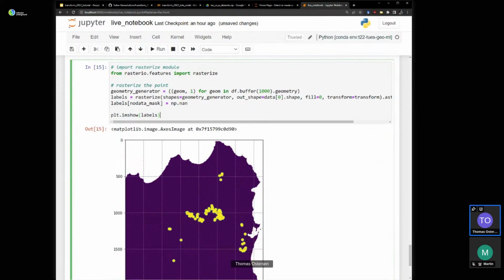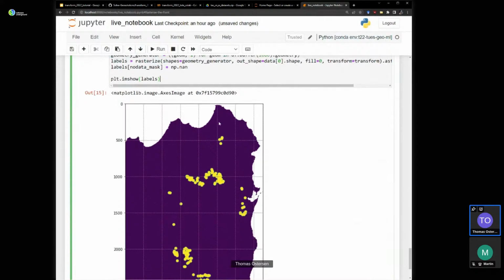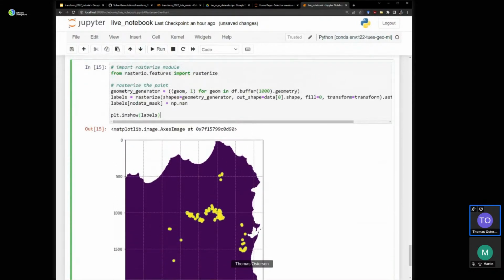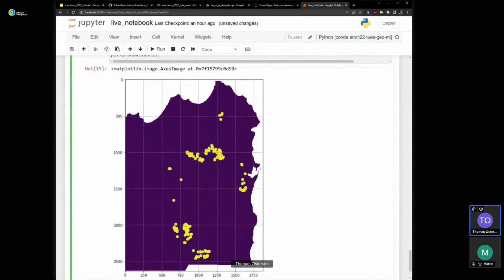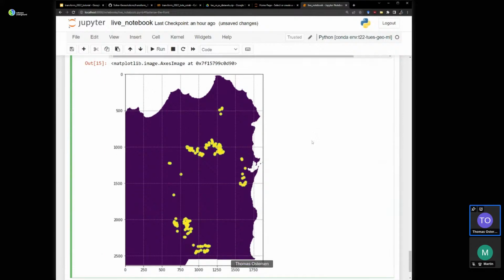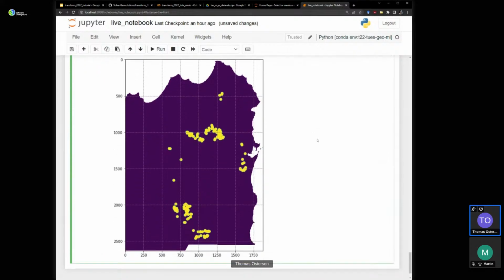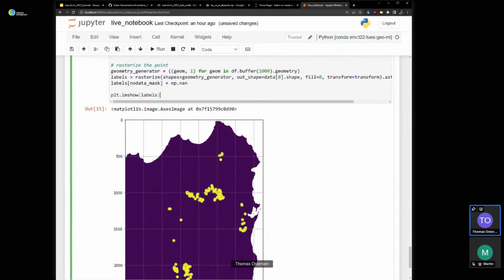Also, the actual distance that you're using is important too. Given that we're dealing on a regional scale here, I think 1,000 meters is good enough. But this is definitely a decision point that you need to consider and maybe even test when you're developing prospectivity models. So we're going to stick with that. If you're a pixel within 1,000 meters of an occurrence, you're proximal, and if you're not, you're a distal pixel. And that's our two classes that we're going to use to train a model on.